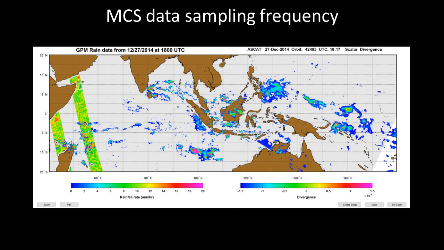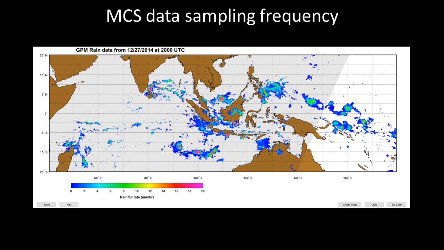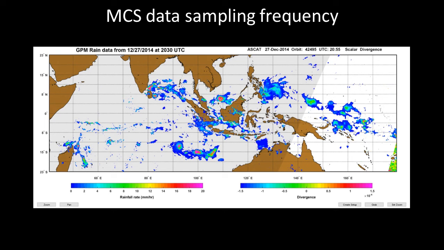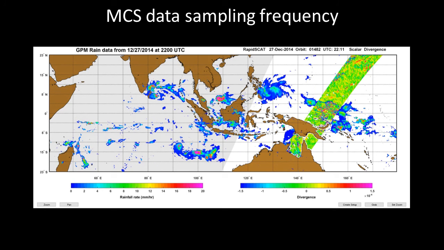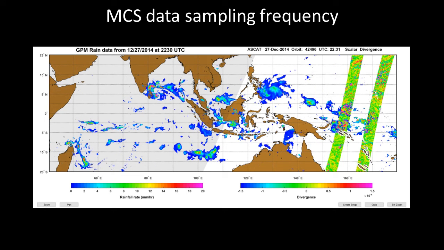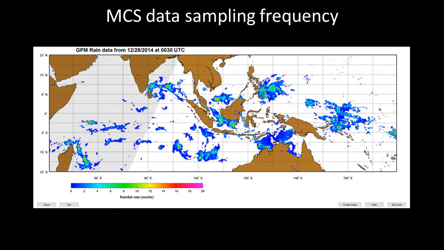If we composite the passes from both sensors into the same 24-hour animation of surface rainfall data we've used previously, we see a good illustration of the sampling dilemma. Due to their high-angle orbits, they pass over areas of specific interest in the tropics very infrequently. To emphasize this point, we highlight the areas of our South China Sea event briefly when each of the scatterometers